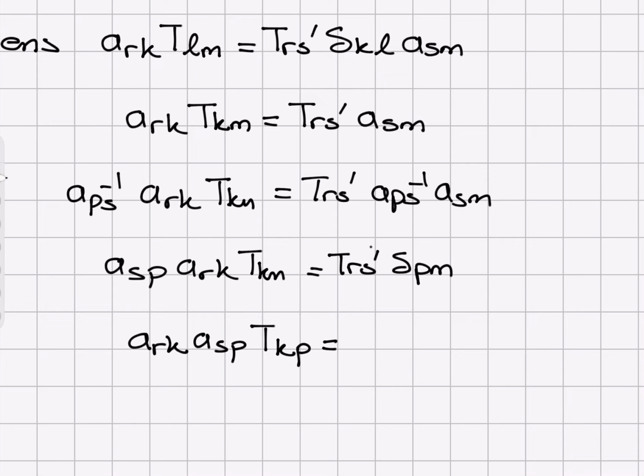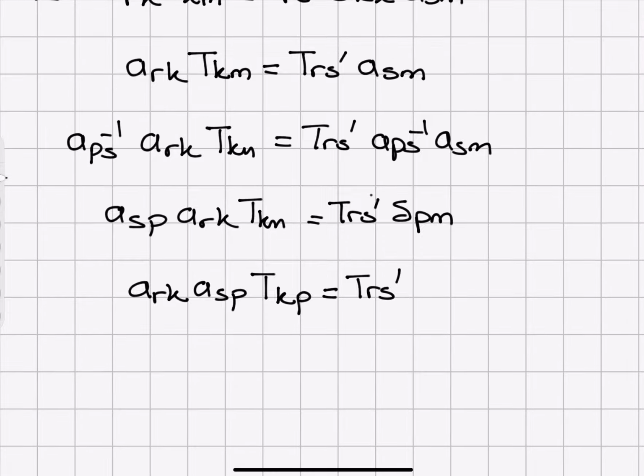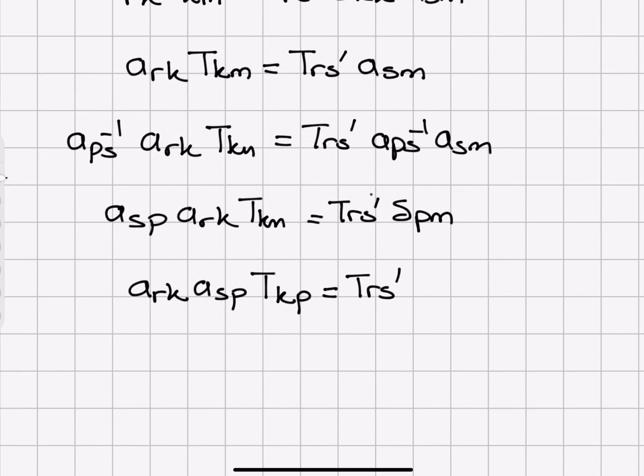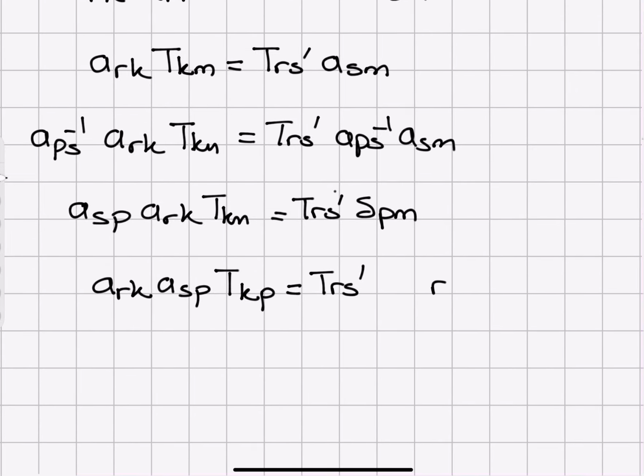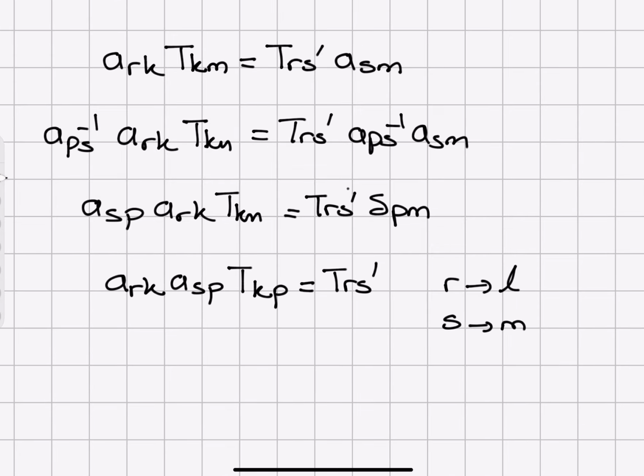And this is equal to T_rs prime, so that doesn't affect the right hand side. Okay, now I'm going to call r, l, and s, m. Okay, so this will give me T_lm prime. r has been called l, s has been called m. Is T_kp